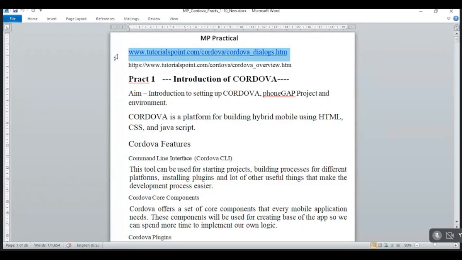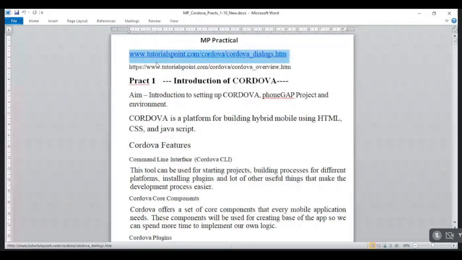Okay, so all of you write down this site name. Have you done all of it?